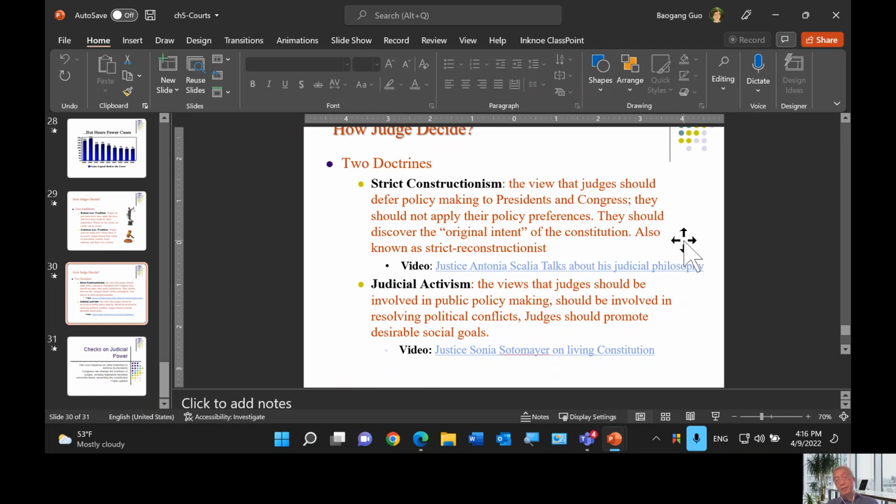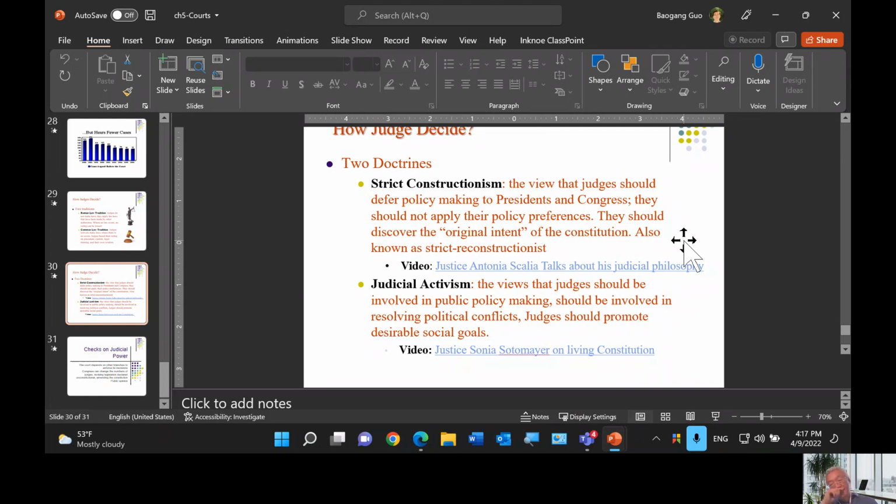In that case, the Supreme Court not only struck down the separate but equal doctrine, but also declared that the segregated public school system should be totally abolished, and all public schools must be integrated. From there, school desegregation started.